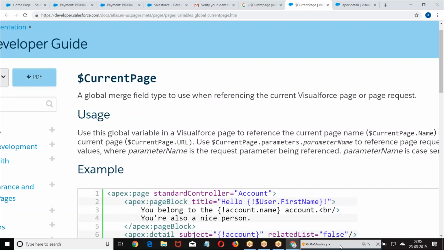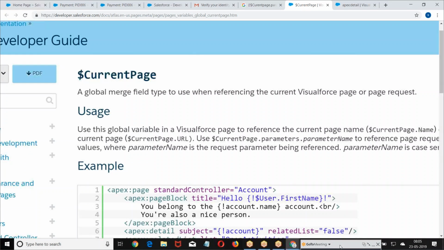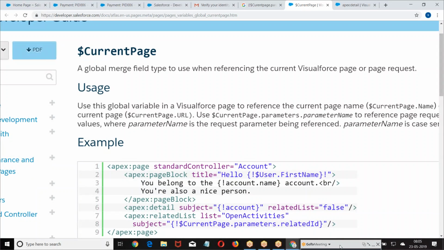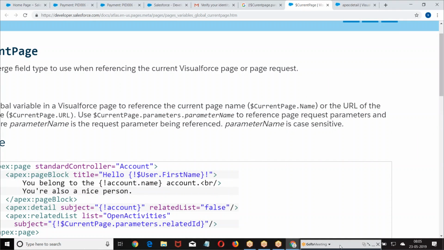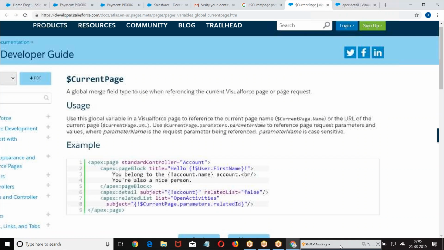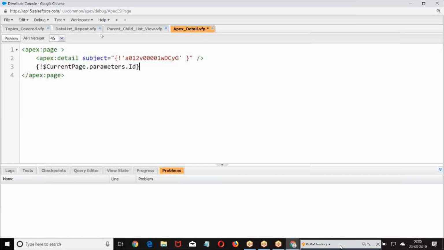How did you pass the parameter? Slash apex page slash page name question mark. We are giving some ID. Now, if you want to read the parameters from the URL, we use $CurrentPage.parameters.parameterName. This will give you the data that we are passing in the URL. So let me give it here: CurrentPage.parameters.ID. So what I'm doing,